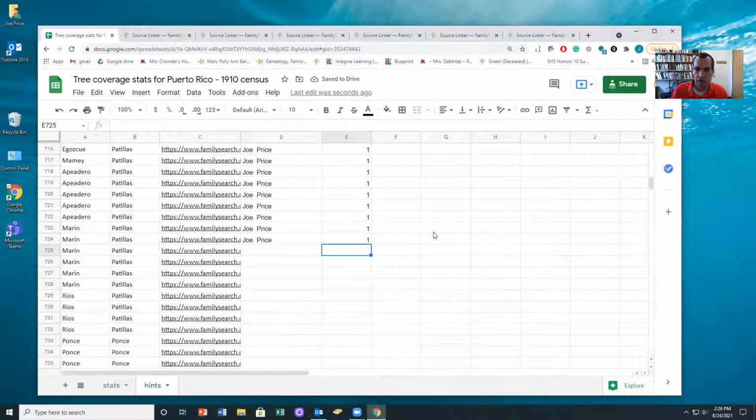We have about 2,400 of these to do, and we're excited for you to help. And if you have a particular connection to Puerto Rico, feel free to find a city that you want to work in and jump in anywhere on this sheet where you feel like you can have an impact.